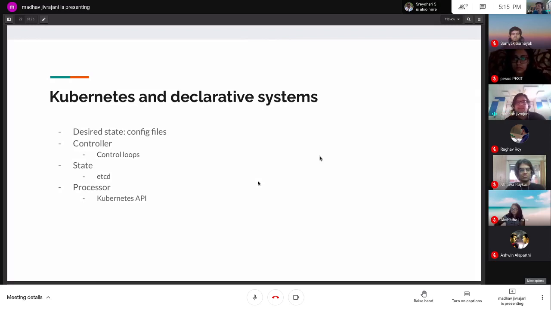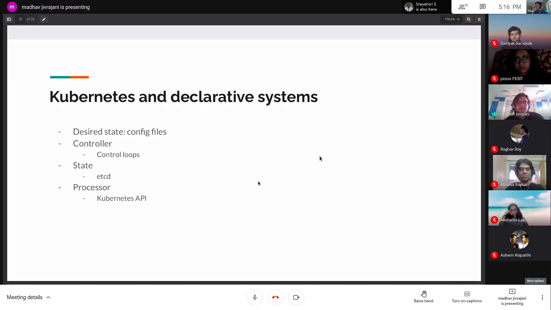So the Kubernetes API is the central point to the entire cluster. It's the entry point to all of the components that I just mentioned, like etcd, which is the state, the control loops, which is another component, and the scheduler, which is another component. Everything happens through the API. Nothing can talk to any of these components without going through the API. The API is the entry point to the entire Kubernetes. The Kubernetes term for this is the control plane. So the API is the entry point to the entire control plane in Kubernetes.